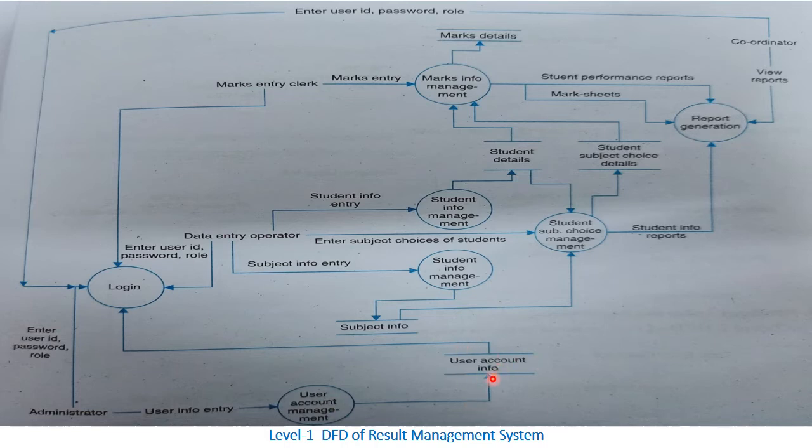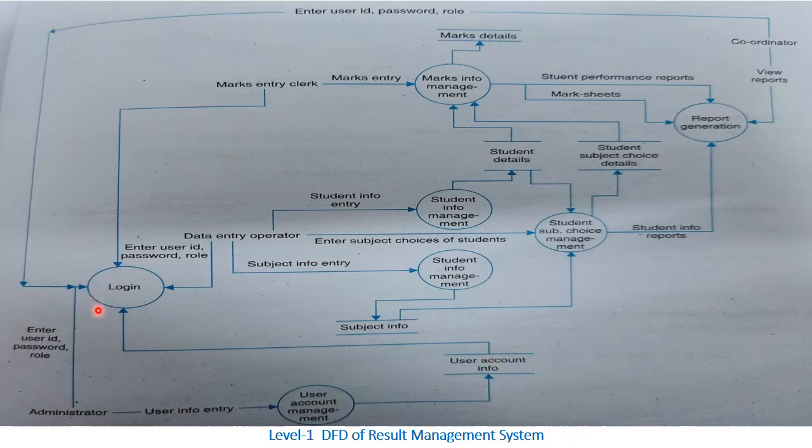And here we will have the table or data store with the name user account information, where we will store the details of the account, meaning the username, ID and role of all the users to whom we are going to provide access permission to this software.